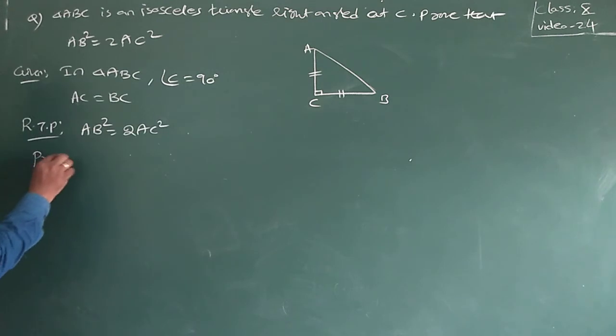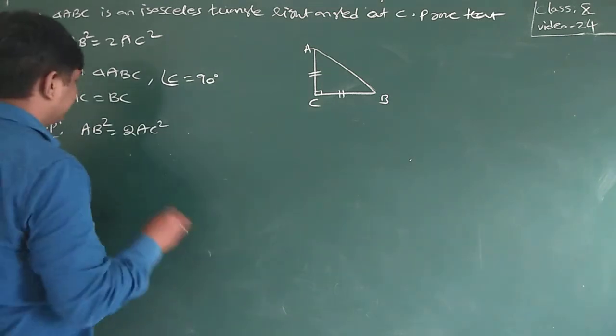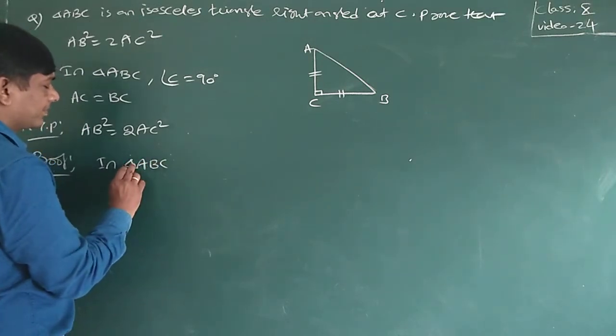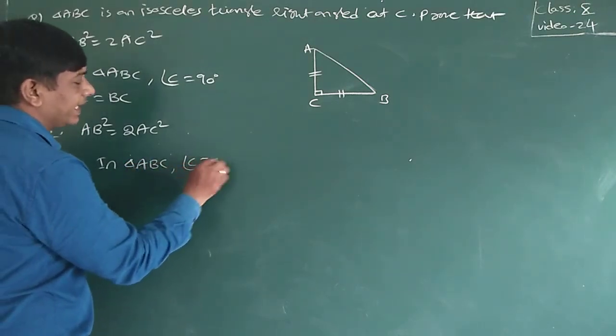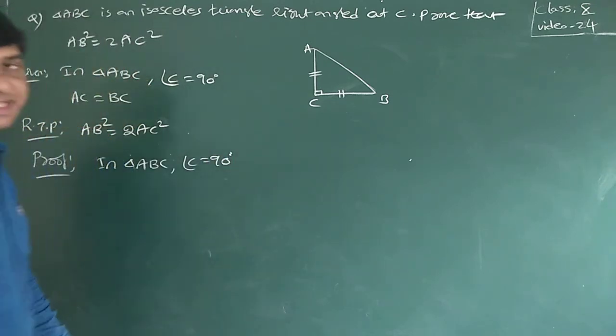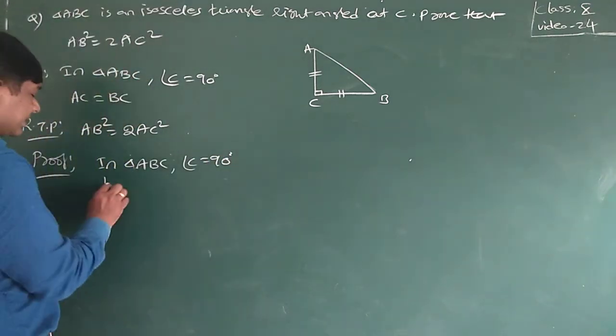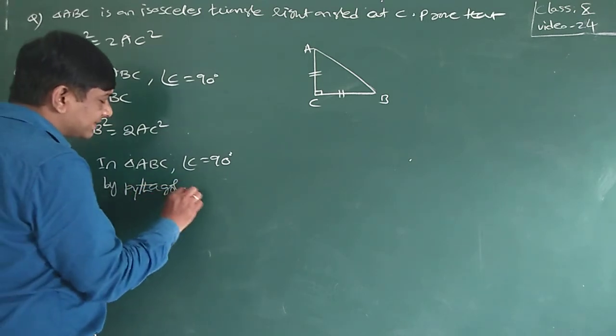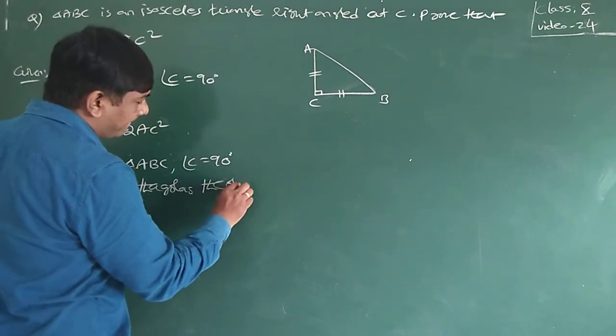Proof. In triangle ABC, angle C is equal to 90 degrees. So by Pythagoras theorem,